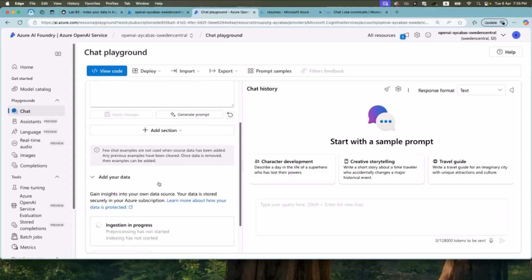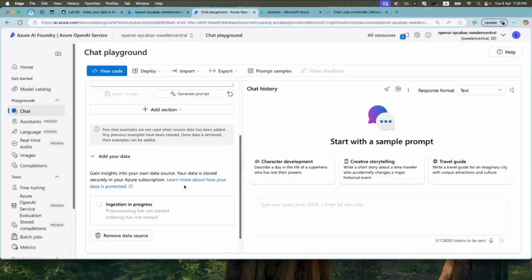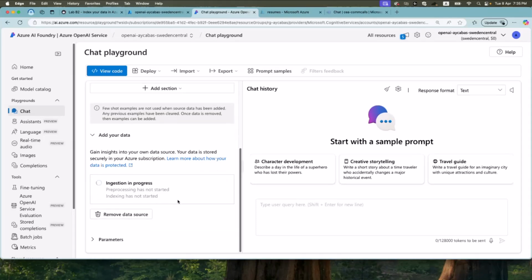So what it does behind the scenes, actually, it indexes the entire chat playground, literally indexes our data in Azure AI search. So when data ingestion happens, when it comes to testing the same data next time, you don't have to upload the files again because your data will be available in Azure AI search right away. So if you go to Azure AI search and